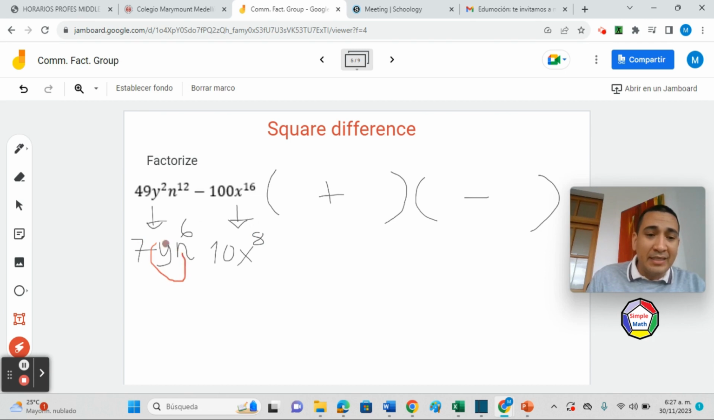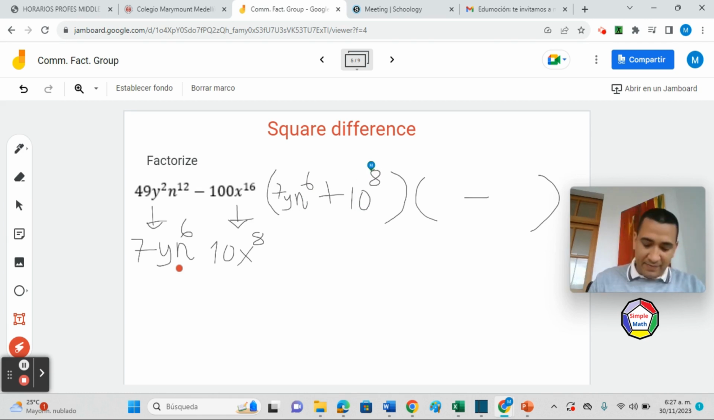Write this inside the first parenthesis, and do the same thing in the second parenthesis. So write this in both parentheses, and that's it. The exercise is going to be over. You see? It's very simple. So in the first parenthesis, I have 7y n exponent 6, and then in that order, right? Keep the order. And plus 10x exponent 8,